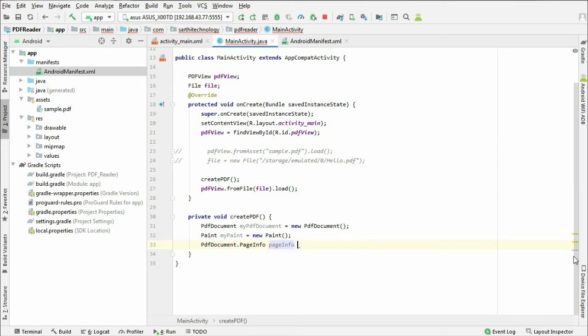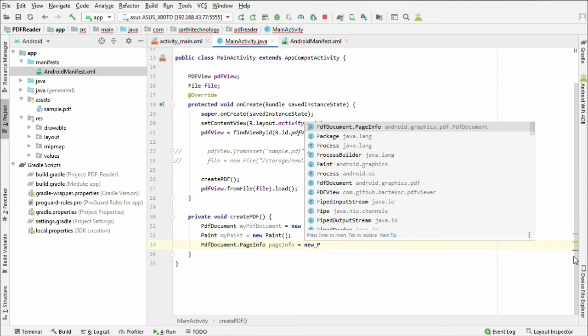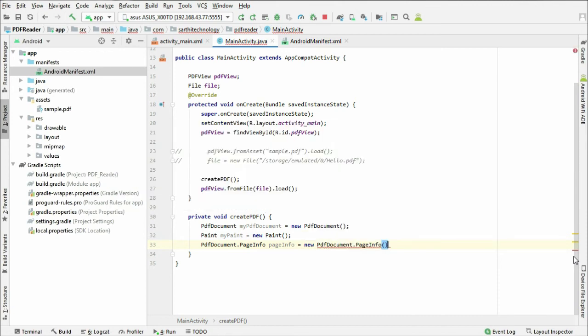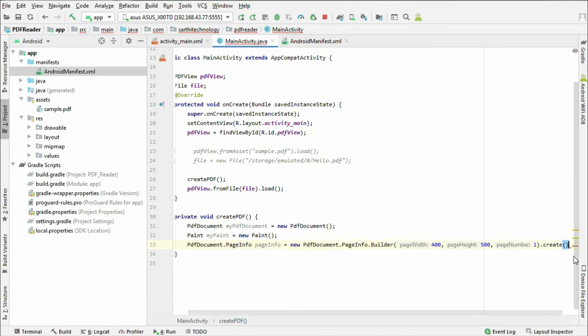Page info equal to new PDF document dot page info dot builder, and size for example 400 comma 500, page number 1 dot create and semicolon.